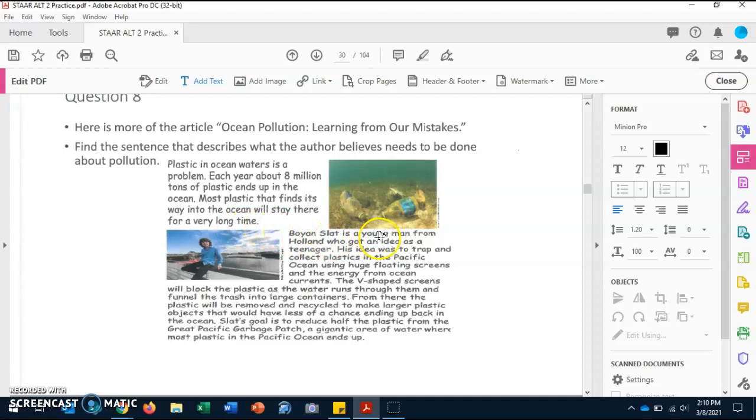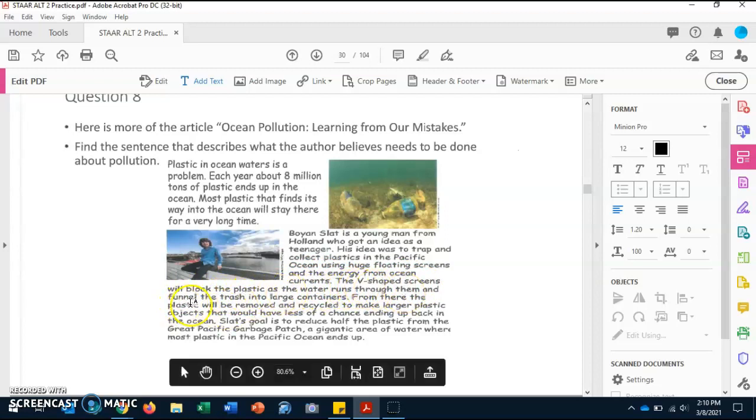Boyan Slat is a young man from Holland who got an idea as a teenager. His idea was to trap and collect plastics in the Pacific Ocean using huge floating screens and the energy from the ocean currents. The V-shaped screens will block the plastic as the water runs through them and funnel